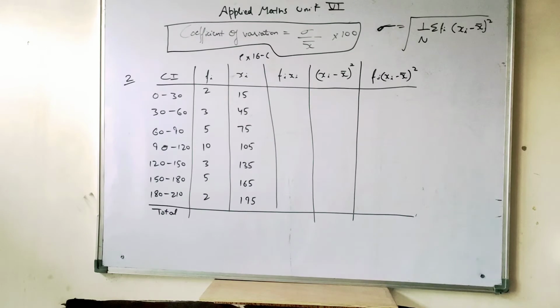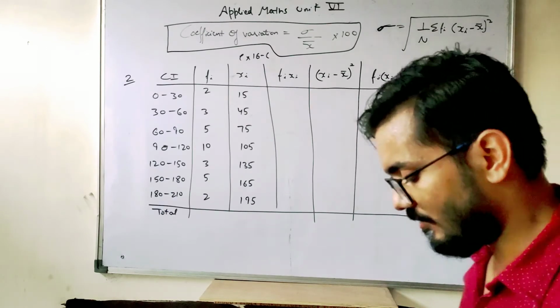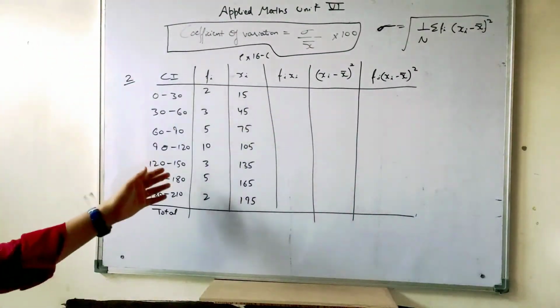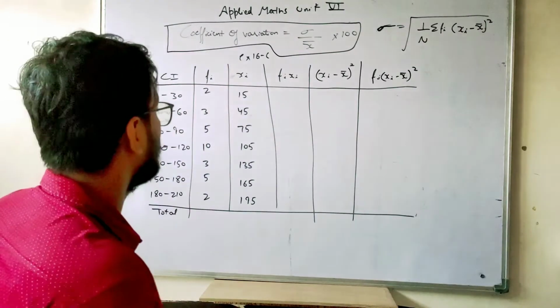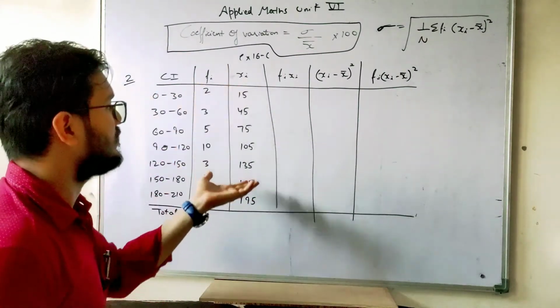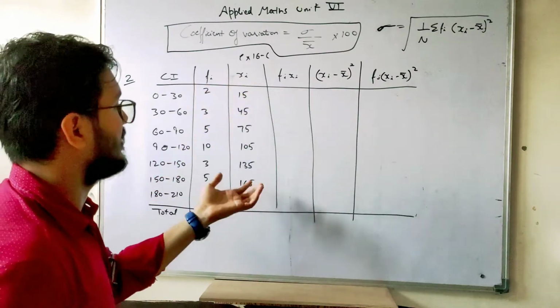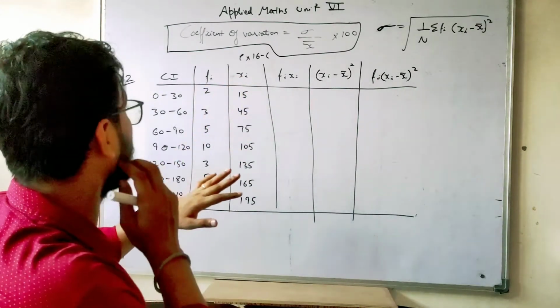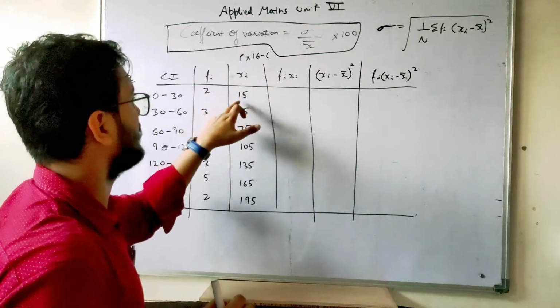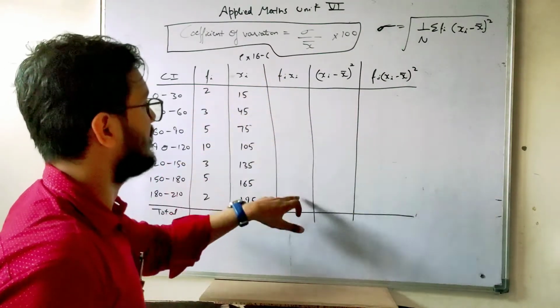Now this is question number 2, based on the same concept. In this we have to find the coefficient of variation. Again the data is Ci and frequency. Then we can easily determine Xi. Xi is lower limit plus upper limit divided by 2. So here we will write the values. Now Fi Xi: multiply Fi and Xi, multiply both terms and write here.